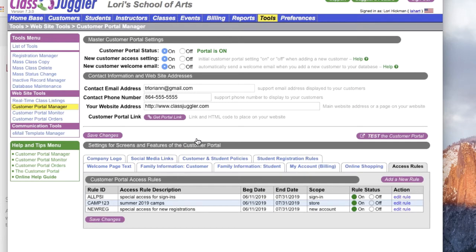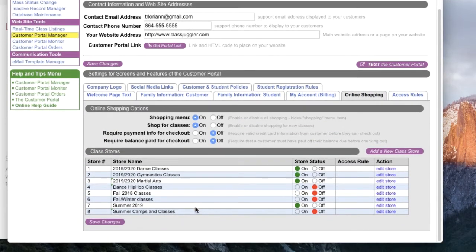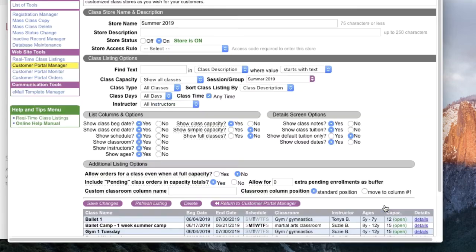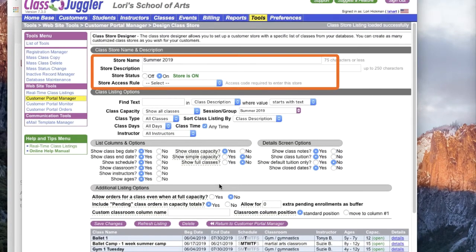Now, before we can test this access rule, we have to first link the access rule we just created to one or more of our class stores. So to do this, we need to click on our online shopping. I'm going to select my summer 2019, click on Edit. And from the Class Store Designer screen, I can now link my access rule using the Store Access rule up here at the top. I'm going to just click on my Camp 123,